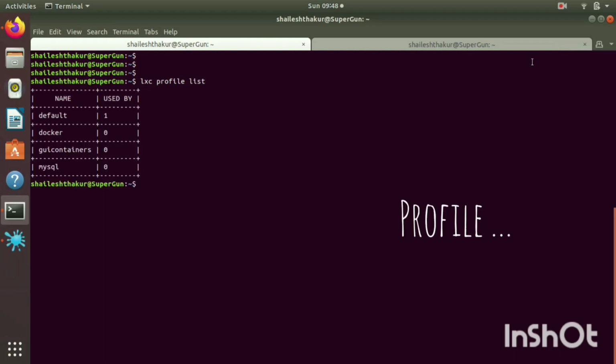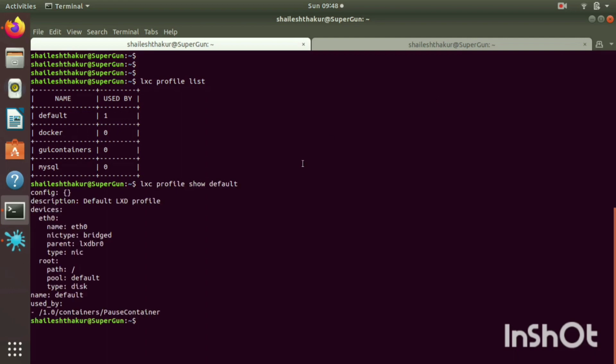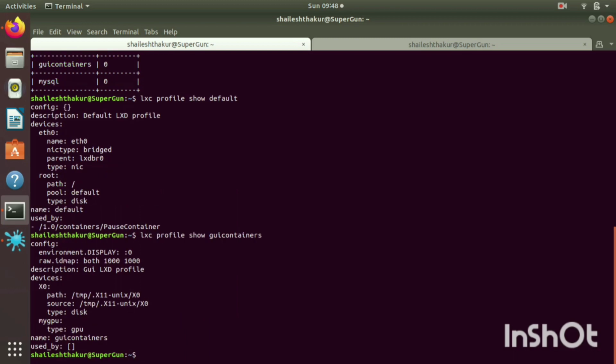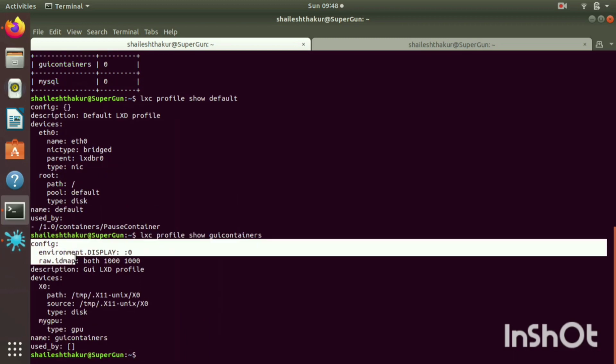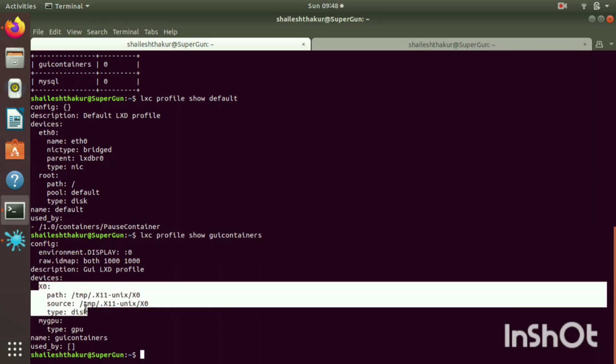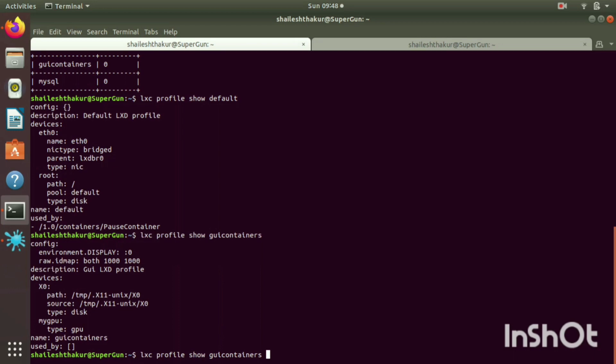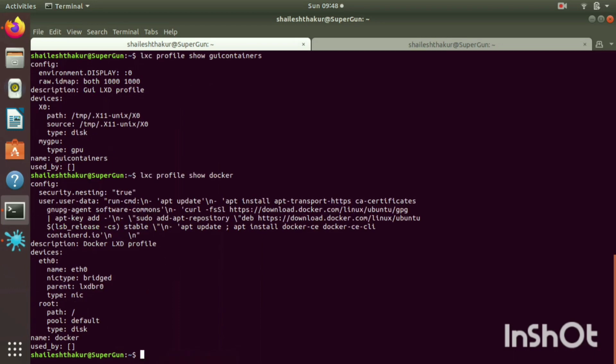Now let's talk about profile. A profile is a way to give a generic configuration to a container. It contains all the configurations like device mapping, limits, mounting, and so many other things. Suppose you have a generic template configuration you are trying to apply to your container. So it's like a template. You have your image and your profile, and you have your container up and running.